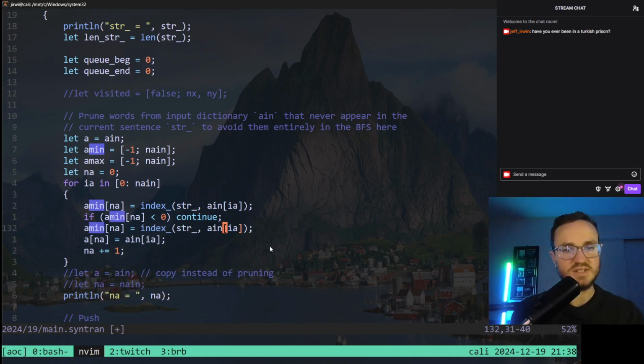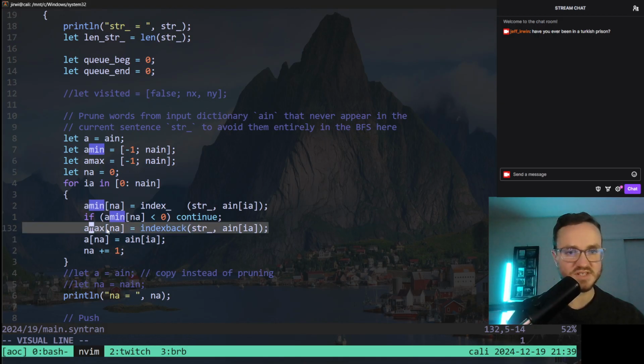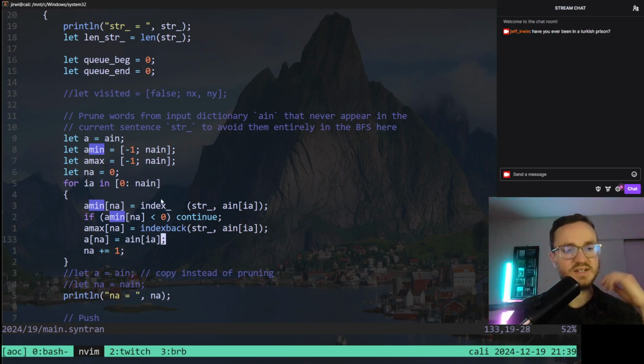And that's going to be index back. Index back. Okay. Why does that one not have an underscore? Whatever. But this is max. Okay. So we're getting the position of the first occurrence of A and the position of the last occurrence of A. And then